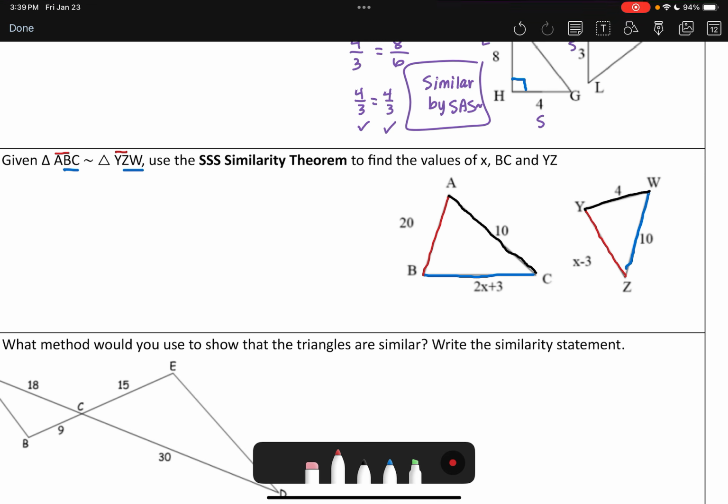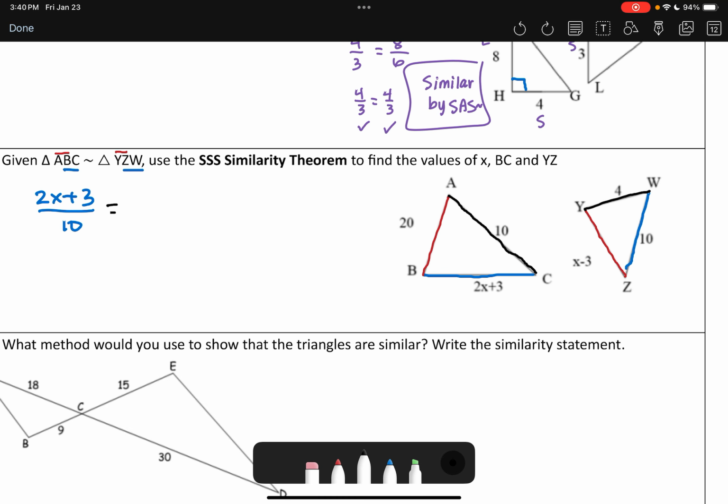So if I want to solve for X, I want to set up a ratio that allows me to solve for X. So what I see here in blue is, well, we have 2x plus 3. So blue over blue would be 2x plus 3 over 10. That's equal to, well, now you get to pick. Do you want to do red over red or black over black? Well, if you do red over red, now you're doing 20 over x minus 3. Now I got to cross multiply this, which is going to be more complicated than if we were to just choose